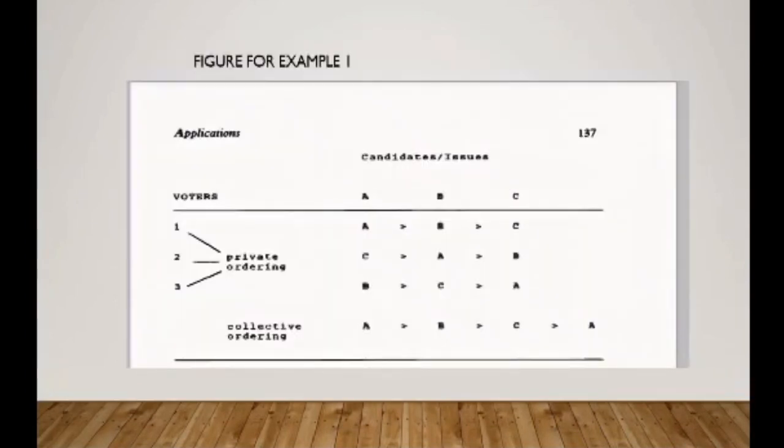As I said earlier, this is the figure for the example I have been explaining, where private ordering and collective ordering differ. In private ordering, for voter 1, A is preferred to B and B is preferred to C. For voter 2, C is preferred to A and A is preferred to B. And for voter 3, B is preferred to C and C is preferred to A. However, in collective ordering, A is preferred to B and B is preferred to C and C is preferred to